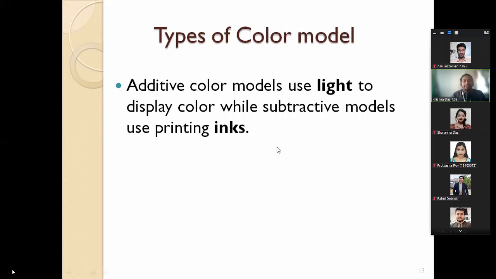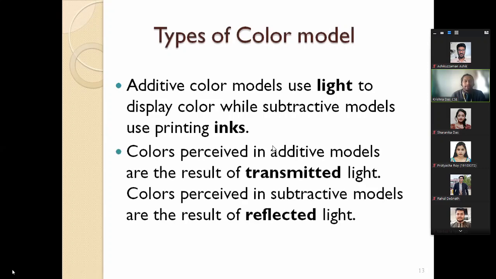One is what we call the additive model, because the light we understand as a color is the additive, or transmittive, model. The light is going through our computer display whenever we are watching it. Another one is the subtractive model, which is about printing. Whenever we have a printed page, the color we want to see has to be reflective. Reflection of the light comes to your eye, then only you can see. That's why it's called the reflective model.